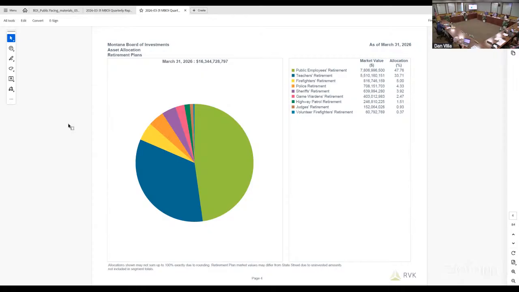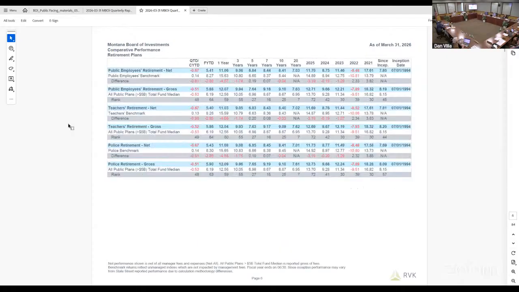So page 4, this is looking at the retirement plans, and thank you, Paige, for sharing your screen. So $16.3 billion is a combination of our retirement plans, and of course, we usually look at the market value for PERS and TRS in terms of their relative size at 7.8 billion and 5.5 billion. Moving to page 6, if you wouldn't mind, Paige, you can see the performance of PERS and TRS, both